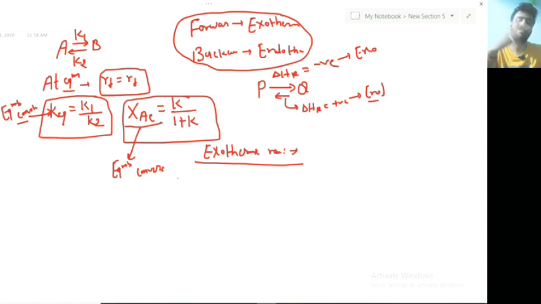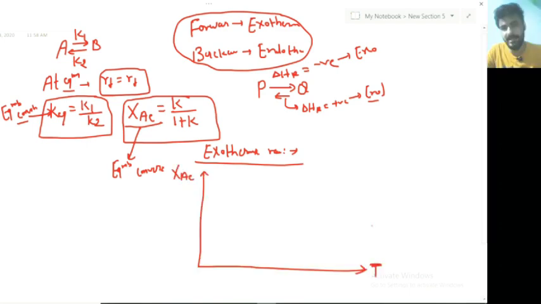reversible reaction. So for an exothermic reaction, my dear student, if you see the graph, generally I am going to draw the equilibrium conversion graph, XAE versus temperature. If you increase the temperature, the reaction won't go in the forward direction, as I have told you earlier. So definitely the reaction will start to go in the backward direction, and the equilibrium conversion will start to decrease. From here you can see the equilibrium conversion XA is 1 here, then it will decrease in this way for an exothermic reaction.